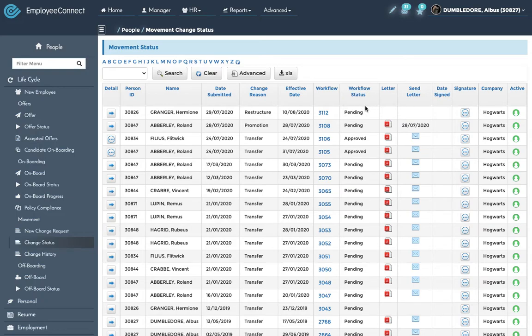Okay. You can also check on the status of that at any point by clicking on the workflow number, and that will show you where it's at. And once it's approved, it will then generate the letter. And that's then when you can click on the little envelope icon that would appear next to Hermione once the workflow is approved. And you can then send out an email to Hermione saying that, please see the changes attached of your employment. You can also then go to the change history report,